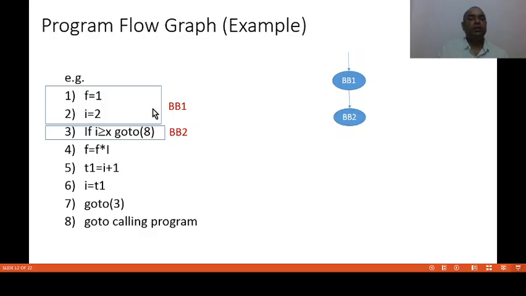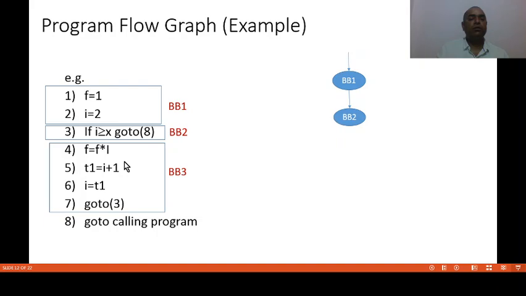You know that after execution of the last statement of block BB1, a third statement will be executed, and the third statement is the first statement of block BB2. So there will be an edge from BB1 to BB2, and that's why this edge is connected here. For this edge, this is the starting, or you can say the entry point of the program, that's why this edge is added here.